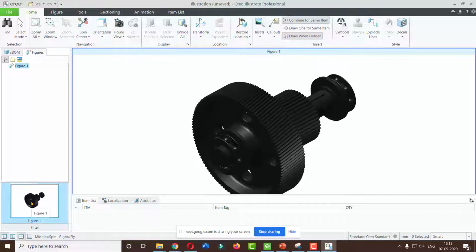So the basic purpose of augmented reality is to provide additional information over a physical object. If the physical object is already present in front of you, but you want to check how that part can be assembled or disassembled, or what the additional features of that particular part are, you can get all that additional information using augmented reality. If we want to show how that part is assembled, or see the internal structure or assembly procedure of that object, we can create that using this Illustrate software.